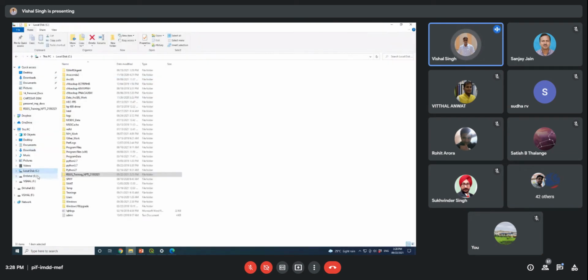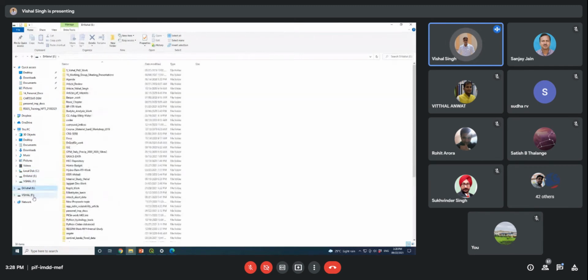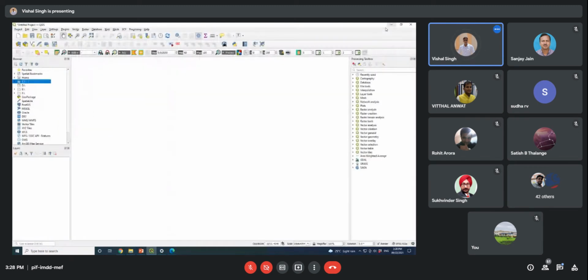You have the C drive, D drive, E drive, F drive. The same drives you can visualize here. And if you want to open any kind of dataset, you can open it from this browser window.